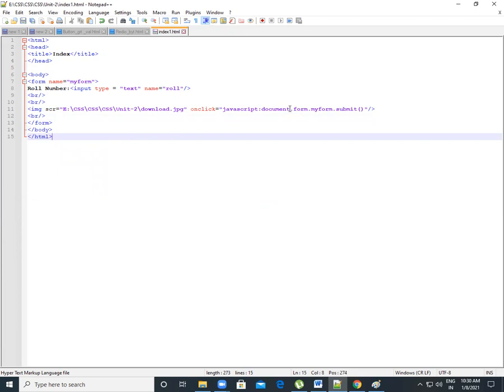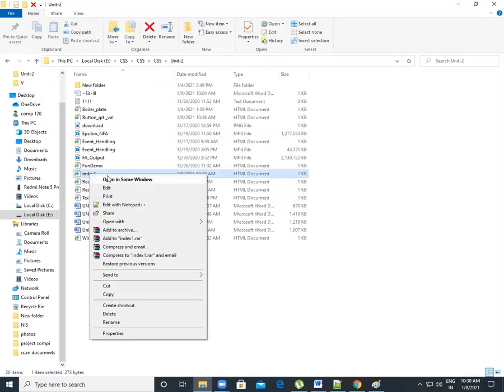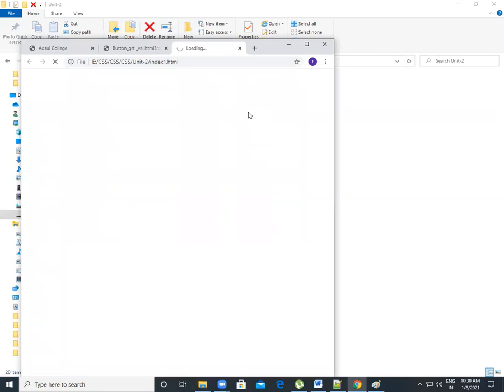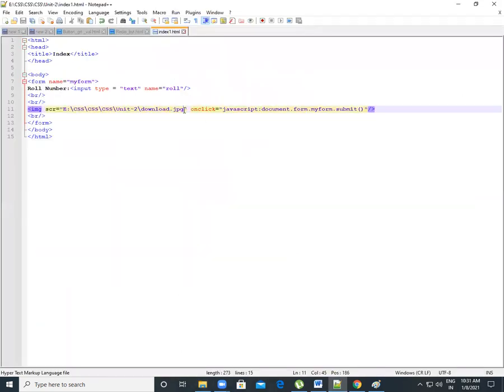Okay, so let's again save this program, and now we run this program where we serve our program index1 here. Let's right click and open with our browser using Google Chrome. Let's see what happened. Now here roll number, which we already stored, it's run, but we did not get the button image. Why? Okay, so it's PNG. File type is a PNG, not JPG. That's why it gave an error. PNG. Okay, PNG. Let's check again.